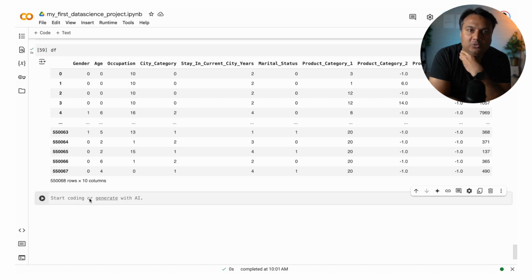Now, why do we do train test splits? The reason we split the data between train and test is that we want to train our model on some data set, and before we do that, we want to keep some data set on the side so that once our model is trained, we can see how well it is doing on the test data set, which we have kept on the side from the very beginning. So very critical that we put some data on the side.